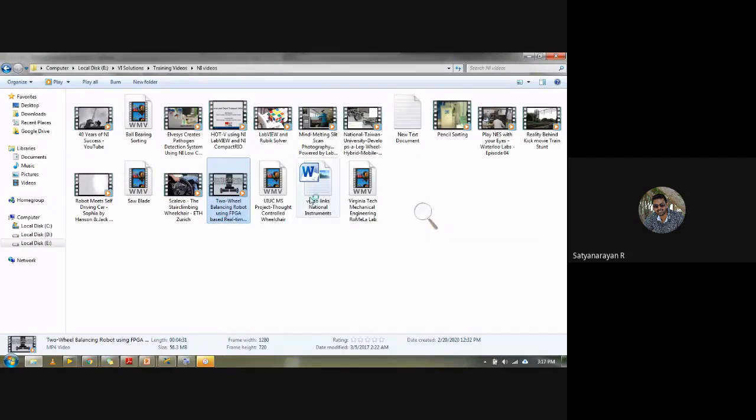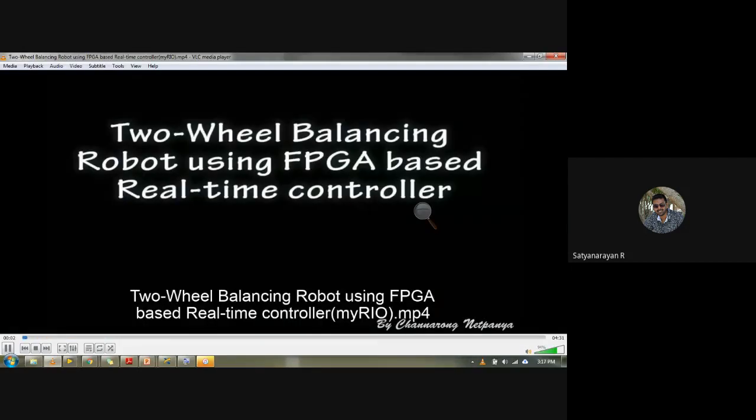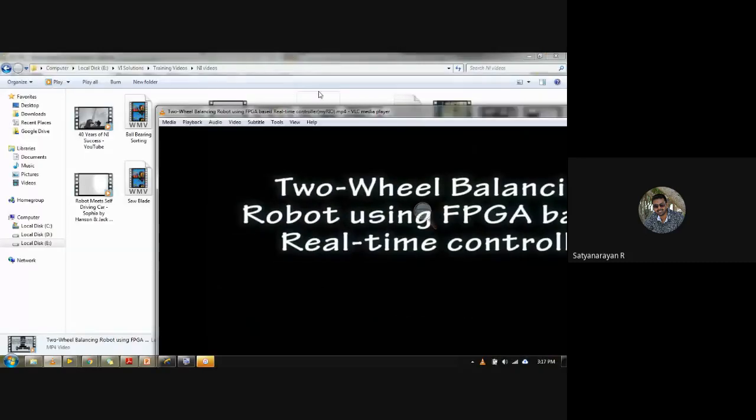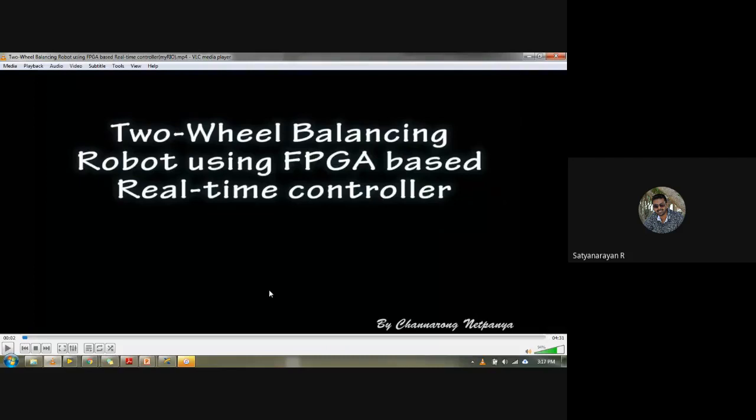This video is done by National Instruments, based on the Rio itself. The project name is two-wheel balancing robot using FPGA based real-time controller. Using FPGA, they are trying to build a self-balancing robot.